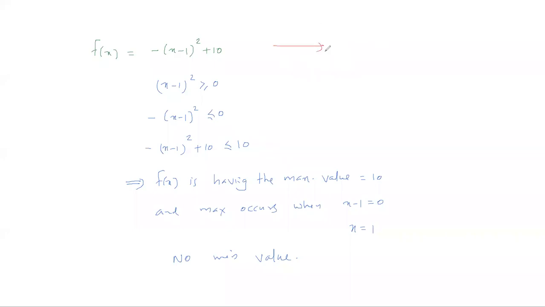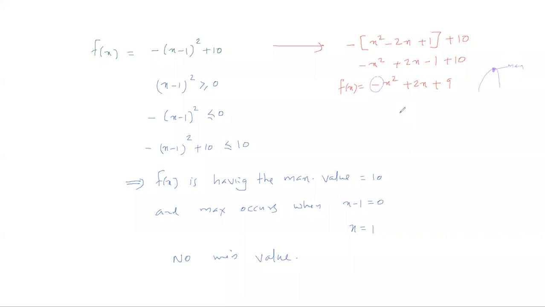एक्सपांड करके क्वाड्रेटिक में भी कर सकते, it is a square minus 2ab plus b square plus 10. This is nothing but minus x square plus 2x minus 1 plus 10, minus x square plus 2x plus 9. This is your function. You can see that it's a quadratic function with leading coefficient negative, so it opens down. Opens down at the maximum होगा